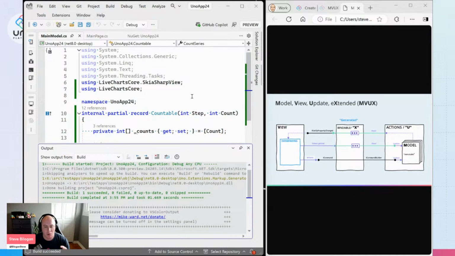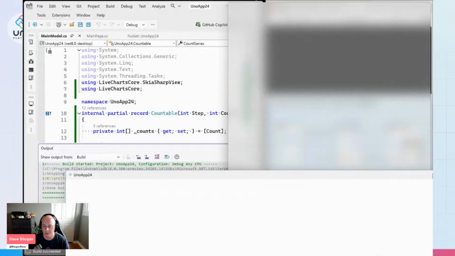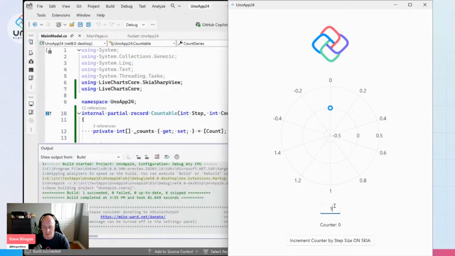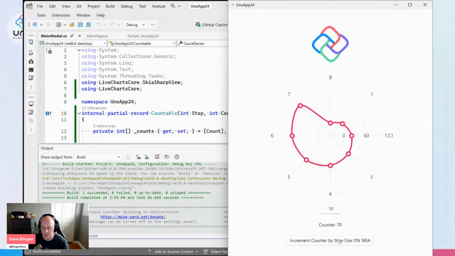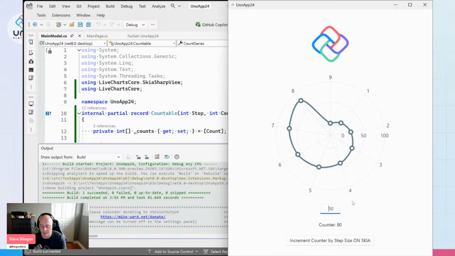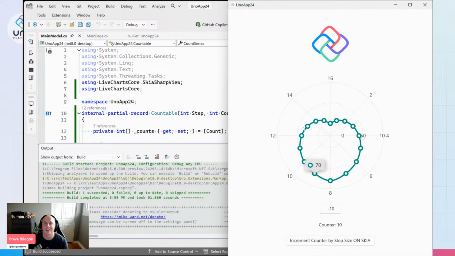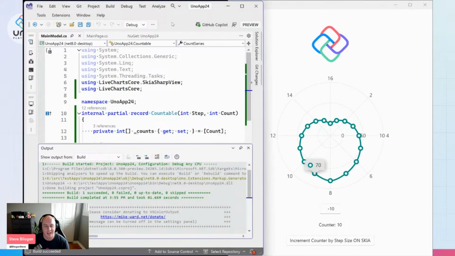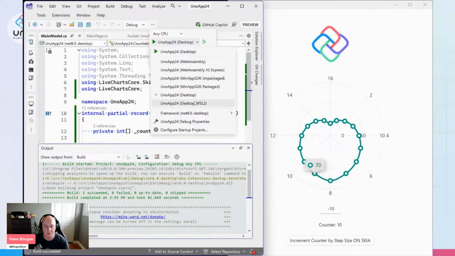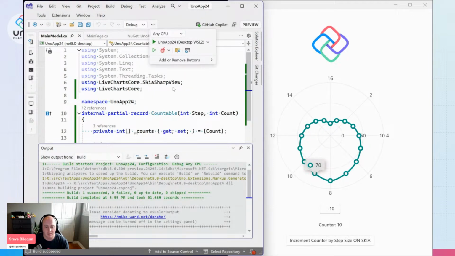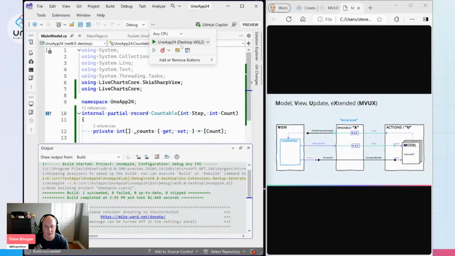And we'll get this nice polar chart available to you. And we can do cool things like, I don't understand how this chart works, but it's really cool. And again, we could do the same thing. And now we can make a little heart-shaped chart. So there you go. And you can get this running on other platforms as well, right? So we can have this available. I'll just close this. We can have this available